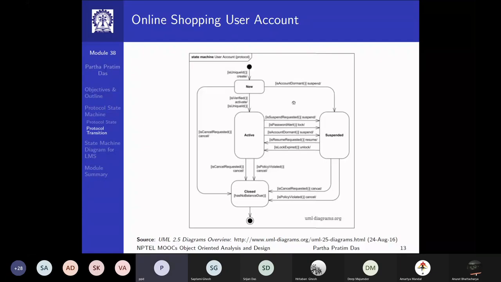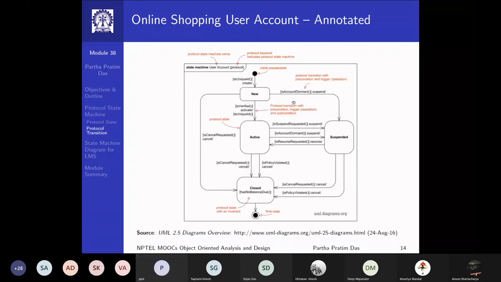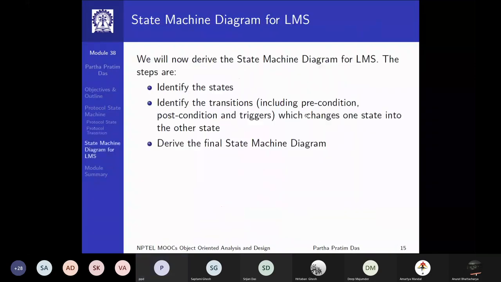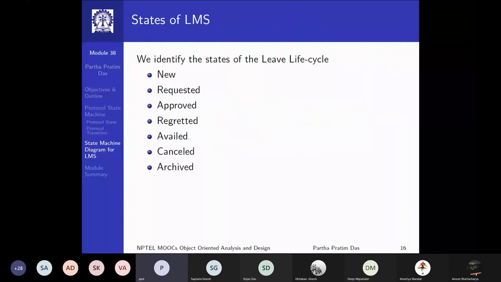Go through this, take your time, go through this, and you will. This explanation diagram is also given here. Okay? And finally, an example is worked out for the state machine of the leave management system that we talked about